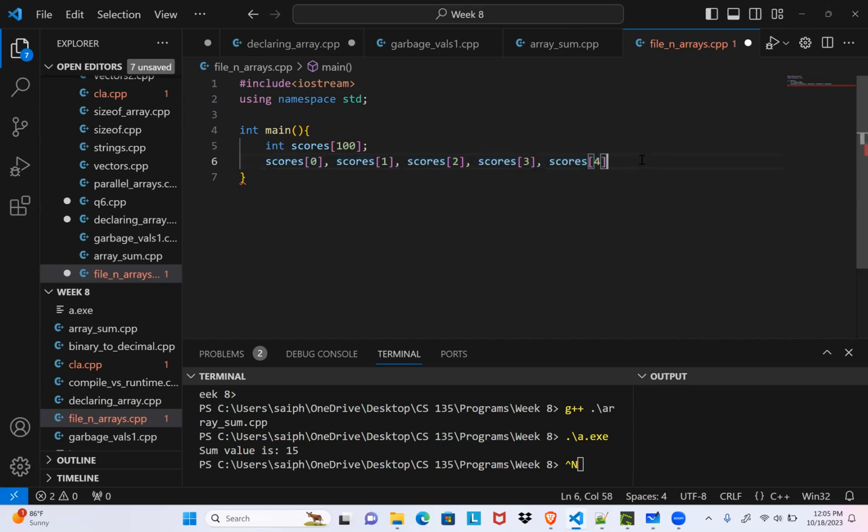And the rest, scores of 5 until scores of 99, because array indexing starts at 0 and ends at number of elements minus 1, are all bound to contain garbage values. So these values will affect our sum, will affect our average value, and so on.